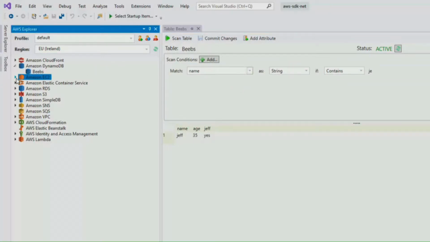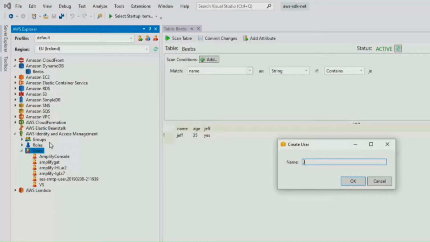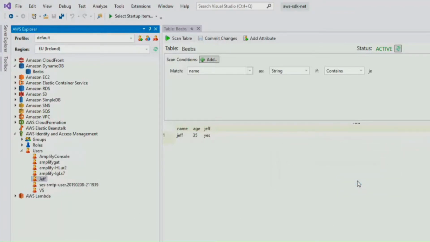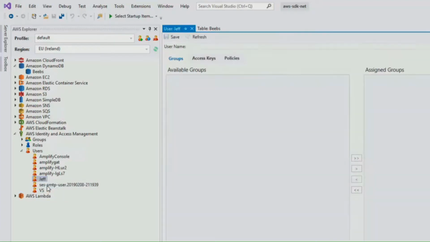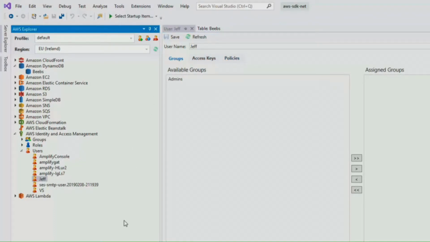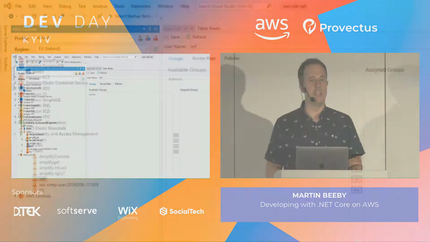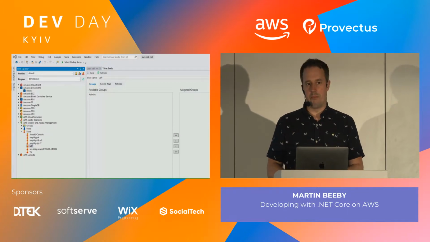And I can interact with all sorts of instances. I can create EC2 instances directly from Visual Studio, RDS, I could do CloudFormation. I could even set up a user. So I could create a brand new user from within the tooling to work on my application. Put Jeff in there, and then I can work on his security groups and what he has access to in my account, access keys and policies, all from within Visual Studio. You don't have to ever leave necessarily. And obviously this is working live against your AWS account. So any changes I make here are going to be available in all of the other methods. I'll see it in the CLI, I'll see it in the console,